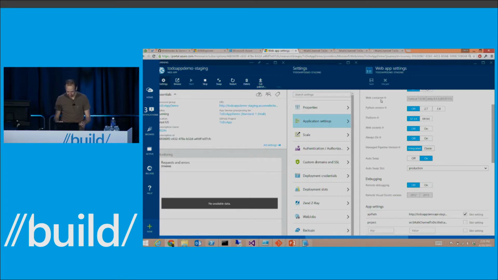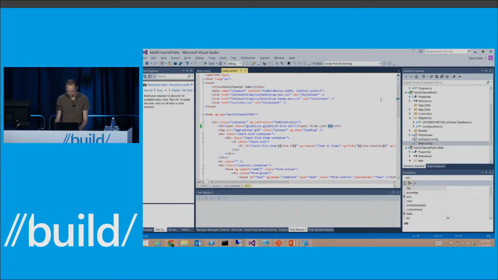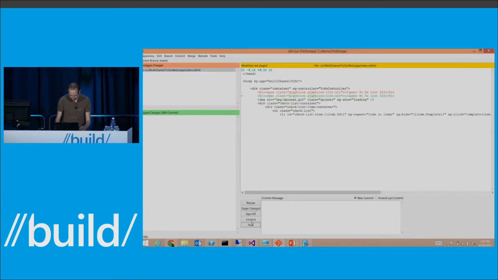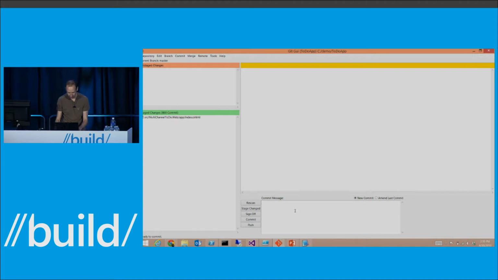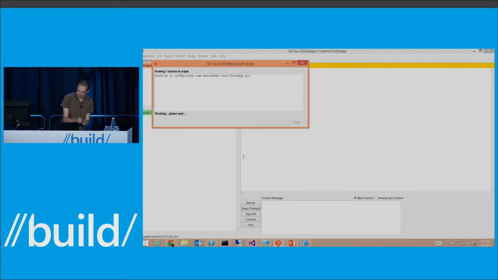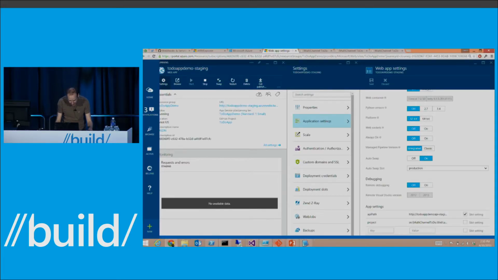So to show you that, now I'll just make another change far more interesting than the previous one. And sorry, I have little originality for those things. In this case, normally I should push it to dev first and then to master, but in the interest of time, I'm just going to push it straight to my production, or at least straight to master, which will then trigger. So what's happening here, if we go back to our slides,